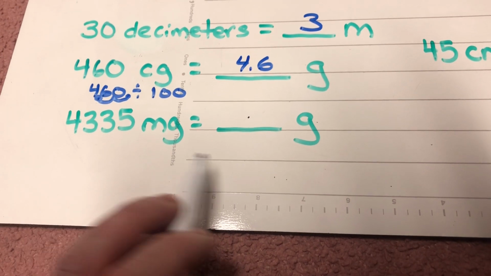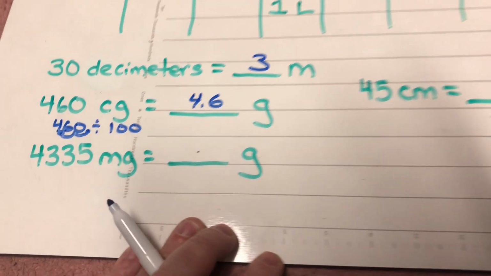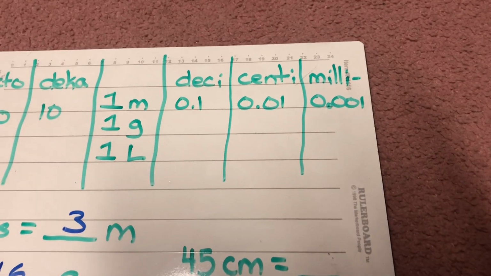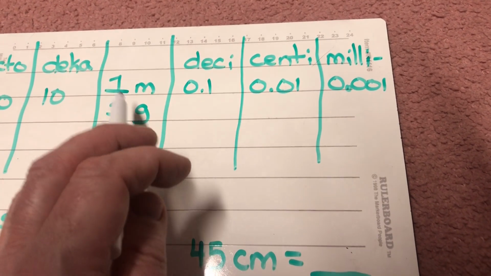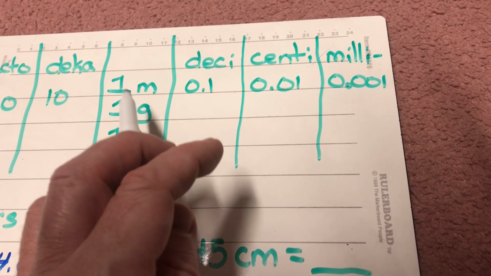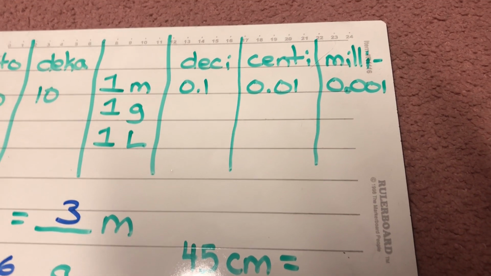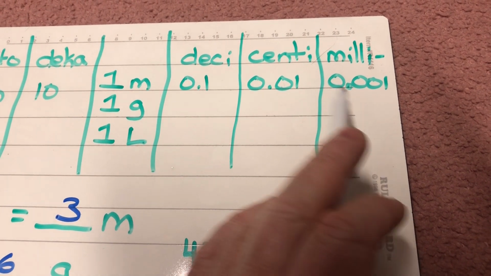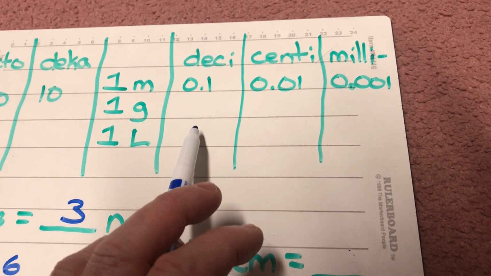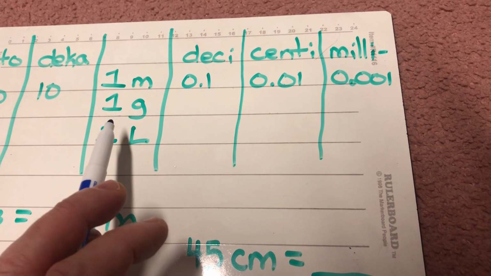4,335 milligrams equals how many grams? Well, we're going to go from milligrams to grams. So we're going from milligrams here to grams here. So once again, the measurement is getting bigger. So the number is getting smaller. So we're going to divide. Well, what are we going to divide by? Well, 1 place is 10. 2 places times 10 is 100. 3 places times 10 is 1,000. So I'm taking